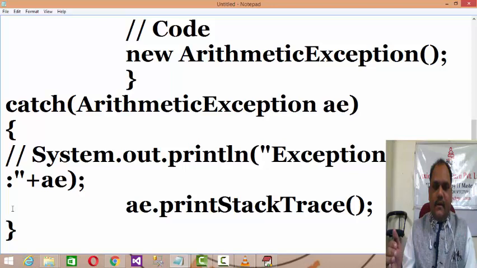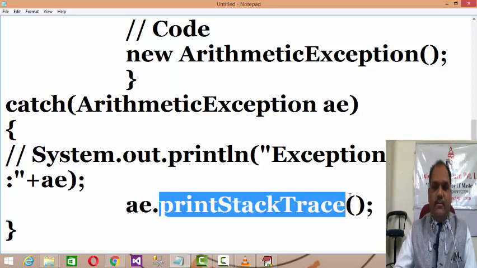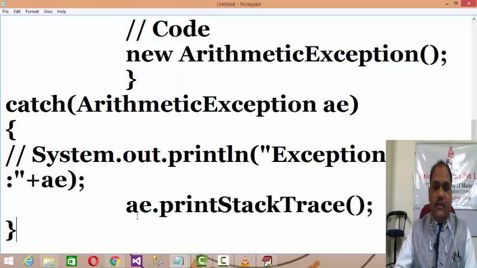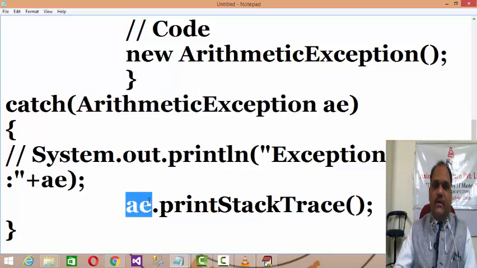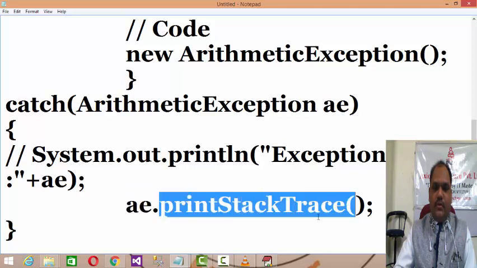So just printing which exception is raised won't serve the purpose; we need the entire stack operation to be printed. For that reason, the Exception class provides a method called printStackTrace. As the Exception class is a superclass of all the exceptions, all the exceptions raised become subclasses of it, so the object of a subclass can refer to the method of the superclass.